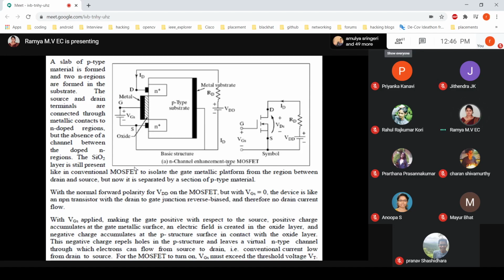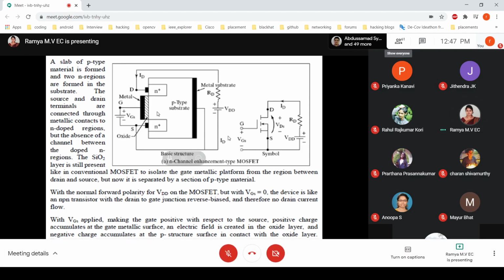If you can understand, we have two types of FETs: depletion MOSFET and enhancement MOSFET. Why is it called enhancement MOSFET? We will not have a channel between the drain and the source. But with the help of the gate terminal, we apply some input voltage to the gate terminal. As a result, the channel will be enhanced. That is why we call it the enhancement type.